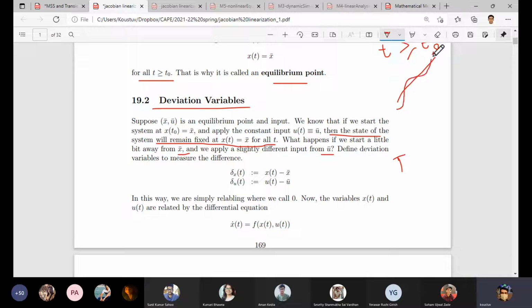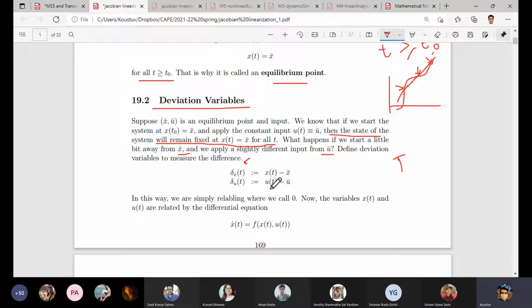Let's take three different cases, just for the sake of understanding. These three points you can analyze. We start at slightly different points, here or here on these axes, and we want to see whether the solution expands or decays and falls back to the steady point. So we introduce a deviation variable, which is also a function of t, because we want to see whether it grows with time or decays with time.